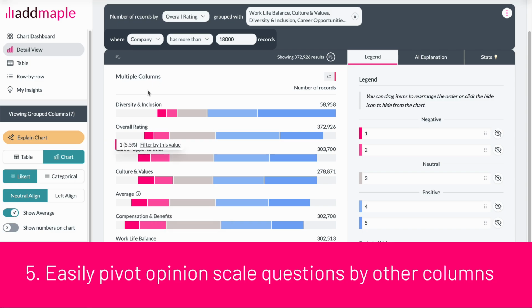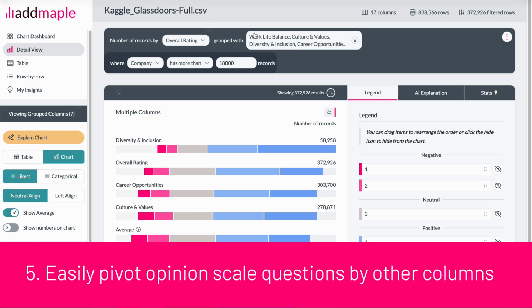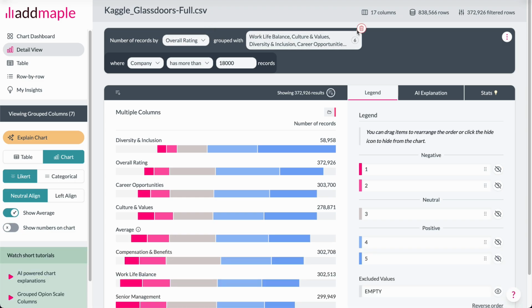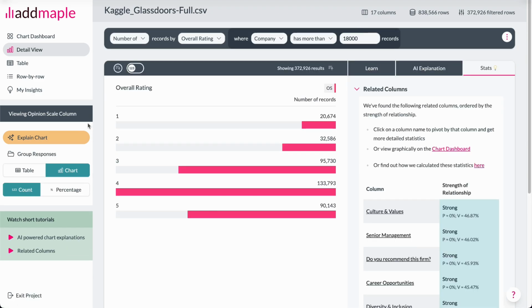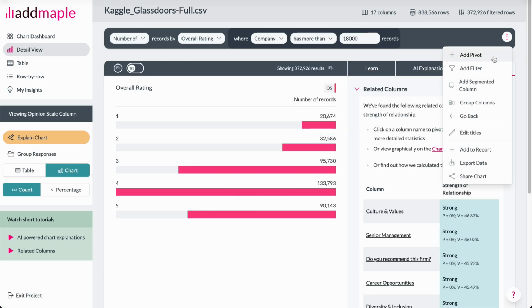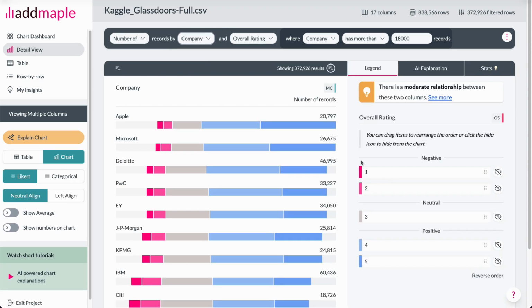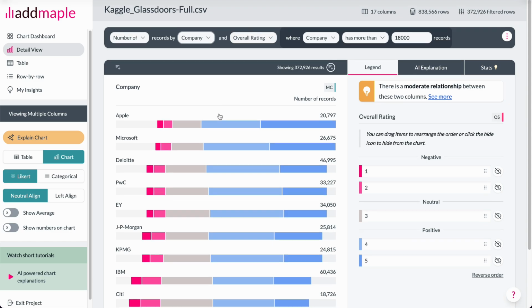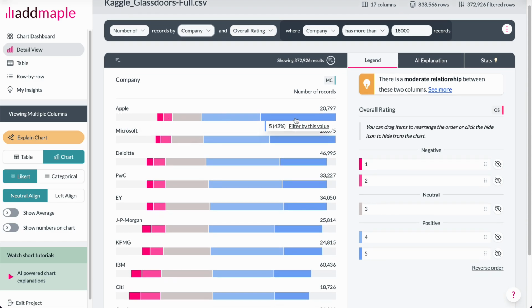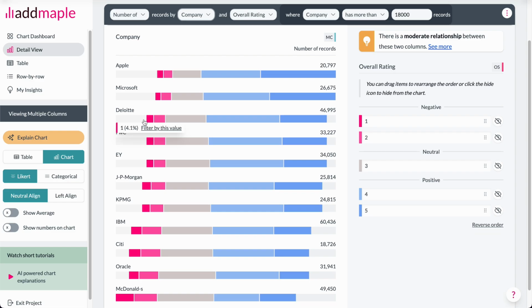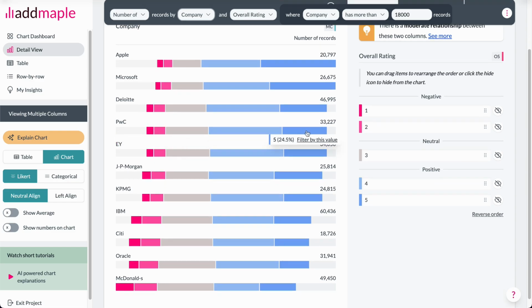Easily group and ungroup for comparative analysis. You can get rid of the grouping or apply grouping. It's flexible. So let's just look at overall rating. Let's bin the others. And now let's add a pivot for company. And we want these rating scales on the right. So let's swap. Now we've got the rating scales on the right, and we can see that for overall ratings, Apple received the highest overall ratings, followed by Microsoft, followed by Deloitte, followed by PwC, and you've got the amounts